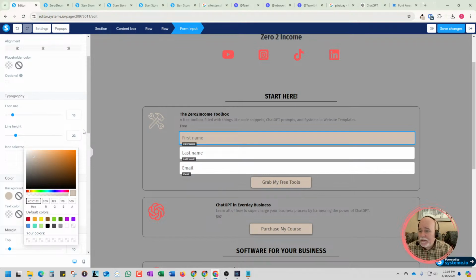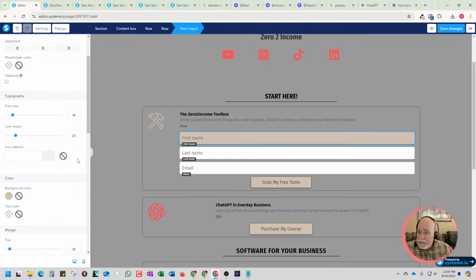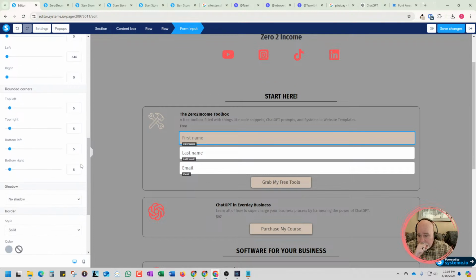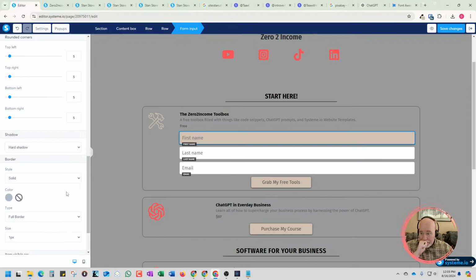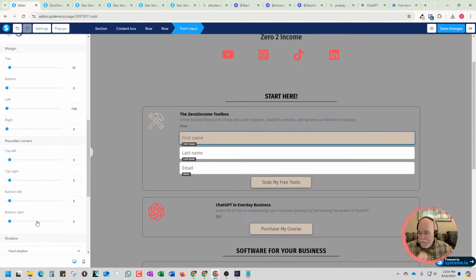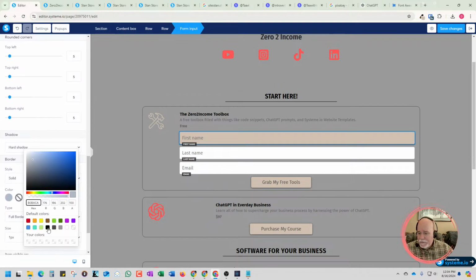I don't know, I think I'm okay with that. Next thing I'm going to do is see what happens here. Nope, don't like that. Definitely want that there. We can change around the corners if we want. Excuse me. If you wanted a drop shadow, you could do that. I usually like a hard shadow if I'm going to do it. They do have a solid border color there. Let's go back in here. And let's just see if we do something like that. I almost want,